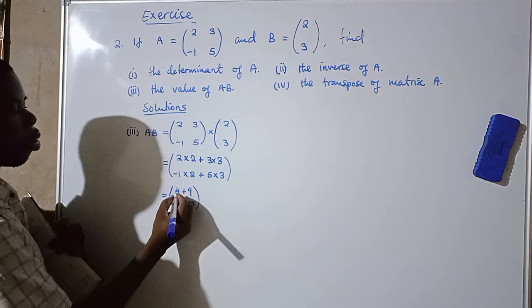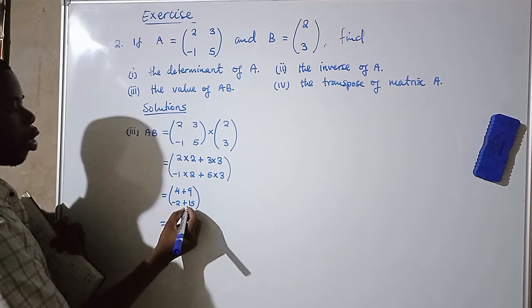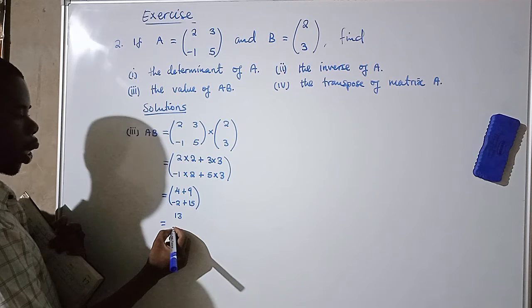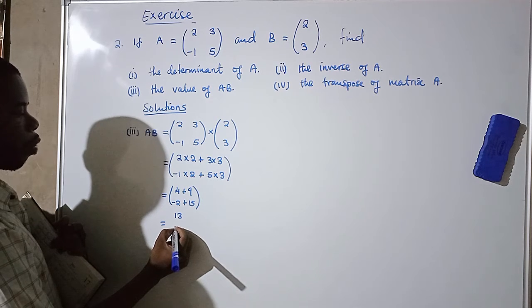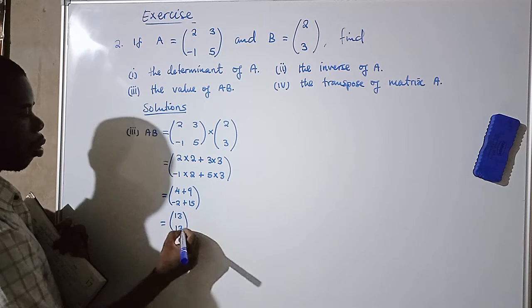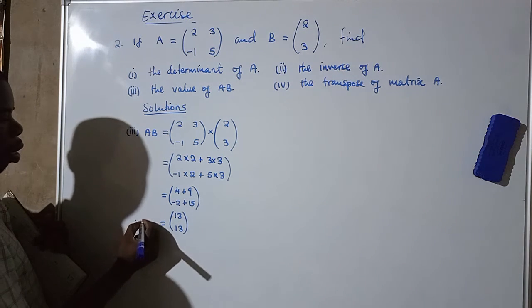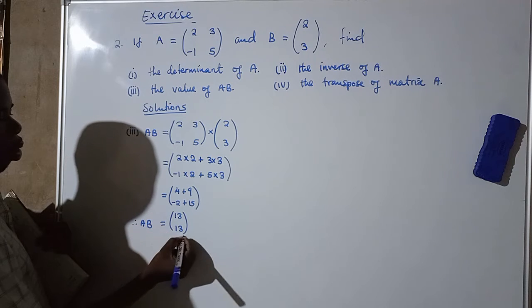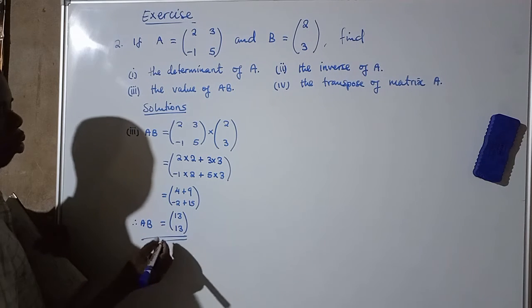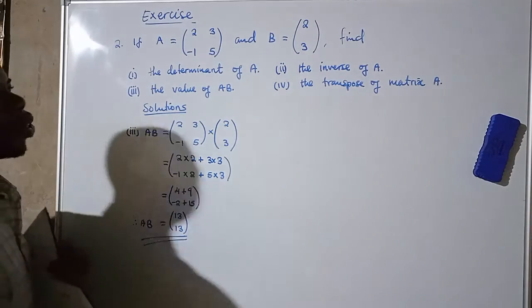Then we'll say equals 4 plus 9, which will be 13. Then negative 2 plus 15, which will also be 13. Okay. So therefore, A times B is giving us 13, 13. Then we'll move to